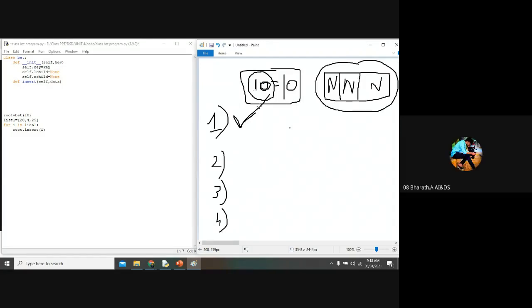Either you can add on the left side, or add on the right side, or you can write a program for not allowing the duplicate value. Yes, I have told you. In a binary search tree, most probably they won't allow you duplicate values.